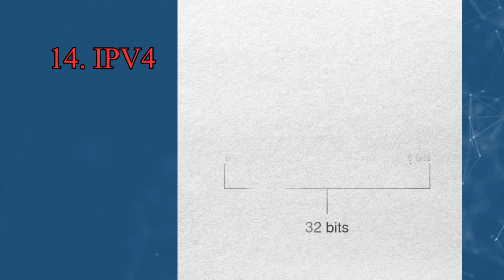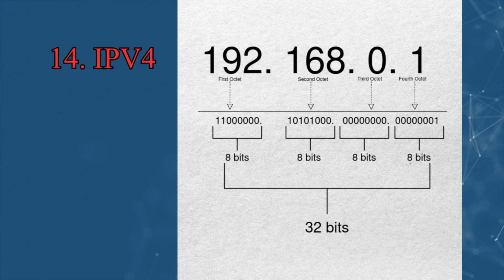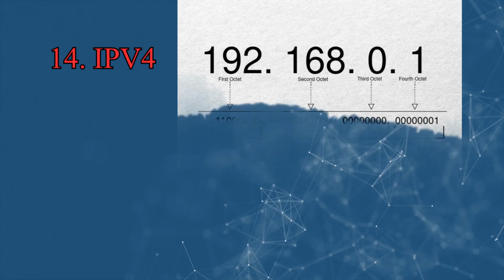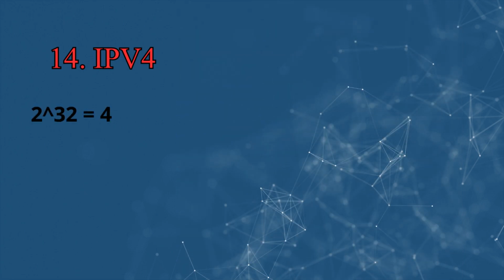So for example, an IP address 192.168.0.1 in binary is what you can see on the screen right now. So this is 4 octets of zeros and ones. If we have 4 octets and each octet is 8 bits, that gives us 32 bits in total. And 2 to the power of 32 gives us